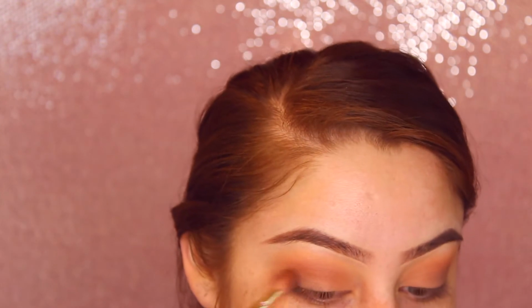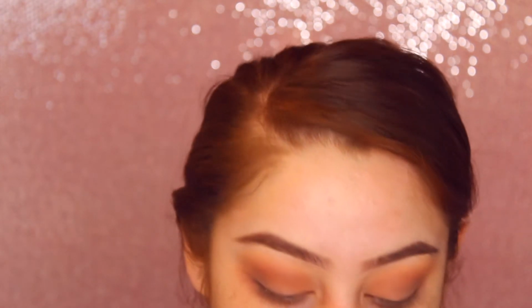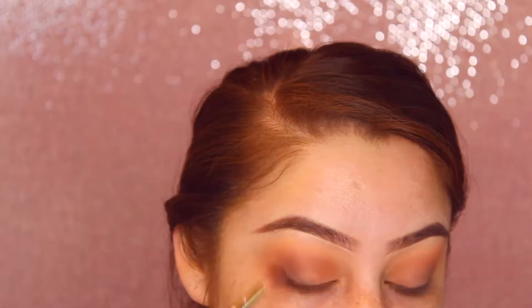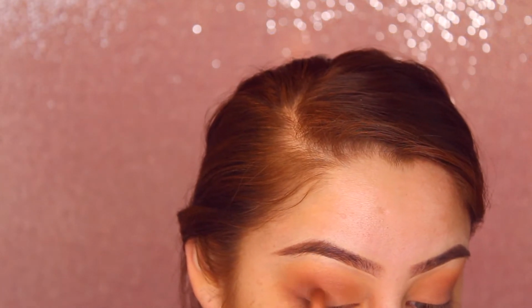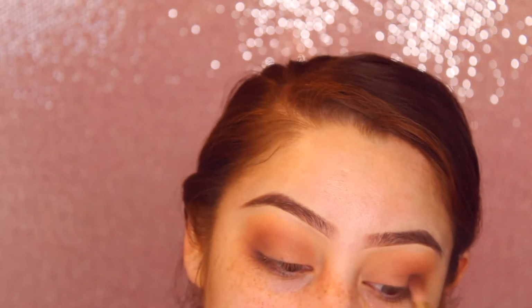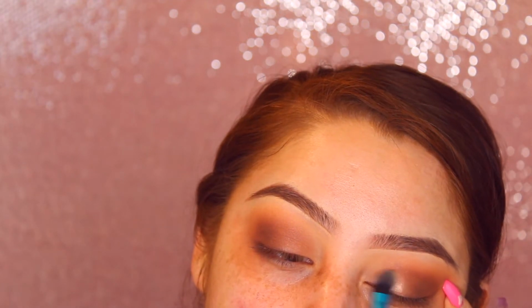the outer corners. I'm not bringing this into the crease. I'm just keeping it right there on the outer V of our eyes. With this taupey shade, I'm just going to go ahead and keep it on the outer V of the eyes, and I'm going to kind of build it up. And then after that, this is the next color that we are going to take. It's kind of like a deeper taupe color, and I'm really going to focus this on the outer V as well. And I'm going to build this up a lot because we are going to create like a smoky eyeliner